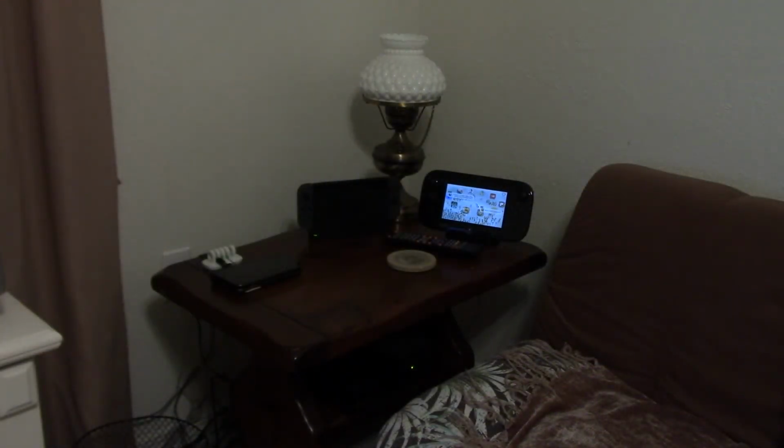Now, this little table, I can go ahead and just store things here if I wanted to when playing games on my couch. So I could put a drink on this table, put down my cell phone, controllers, you name it. But I also use this table as a charging station as well, as one of the outlets in this